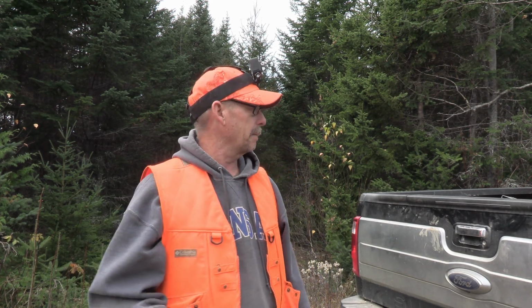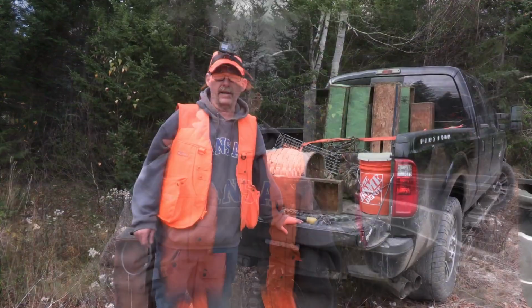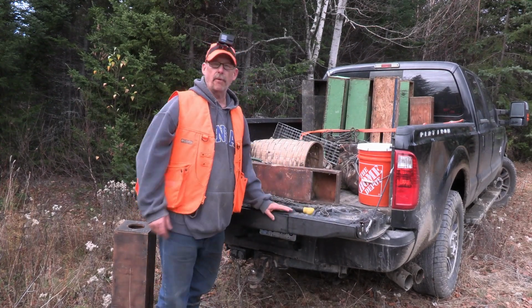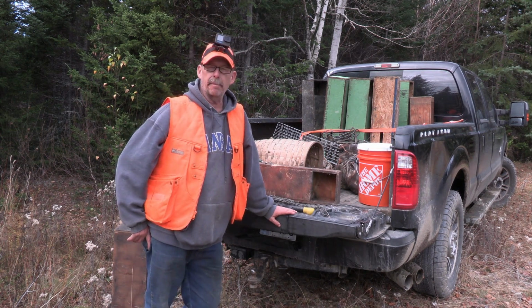Okay, trappers, I'm on this Marten line here in Maine, and I like the area kind of behind me here. I want to put in a set, and I want to talk a little bit about what I'm using, because you have to use an exclusion box to keep the lynx out of it. So let me show you exactly what I'm using and the tools I'm using to catch them. Okay, so to talk about some of the tools we're using for Marten and Fisher here in Maine,